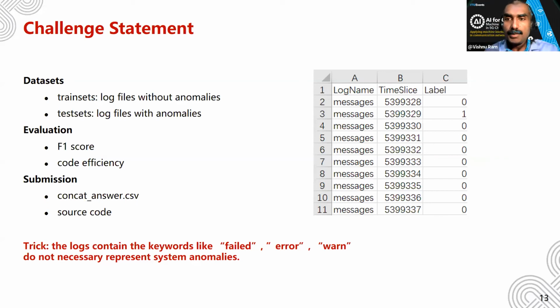Yeah. For example, is there a sequence of events, like event A always comes before event B, and is there a sequence of events that one participant looks for, and if that sequence is not correct in the test data set, then do we classify it as a failure, as an anomaly?